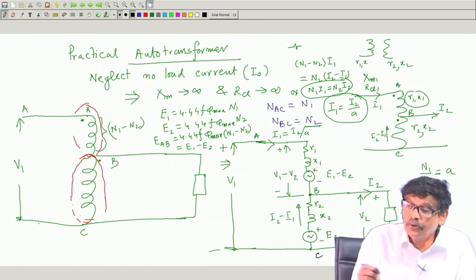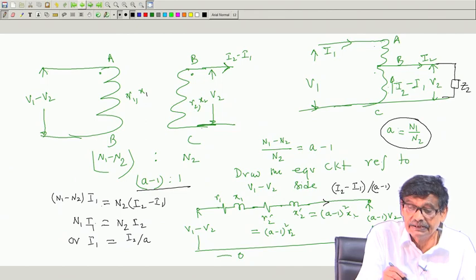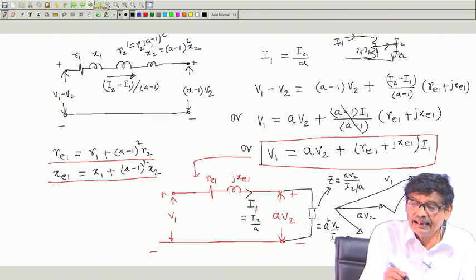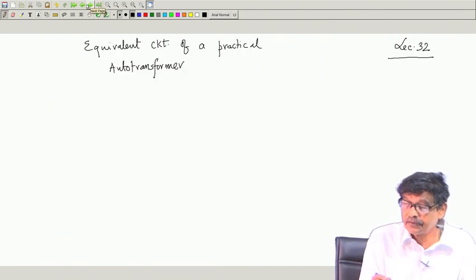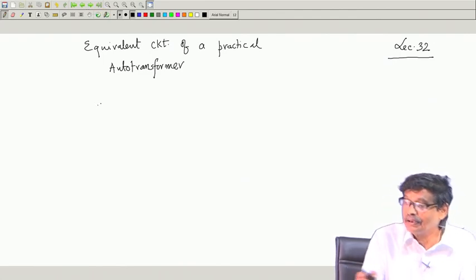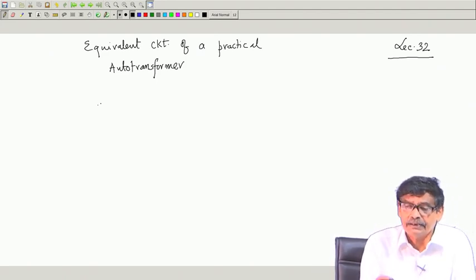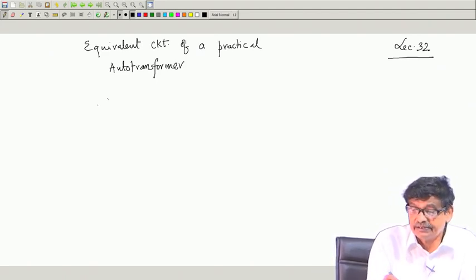Got the point? So, if I draw it here, that I can always do. So, equivalent circuit of an auto transformer. In fact, lecture 32 I have written here, we were on the verge of completion last lecture itself, but anyway. So, this will be then